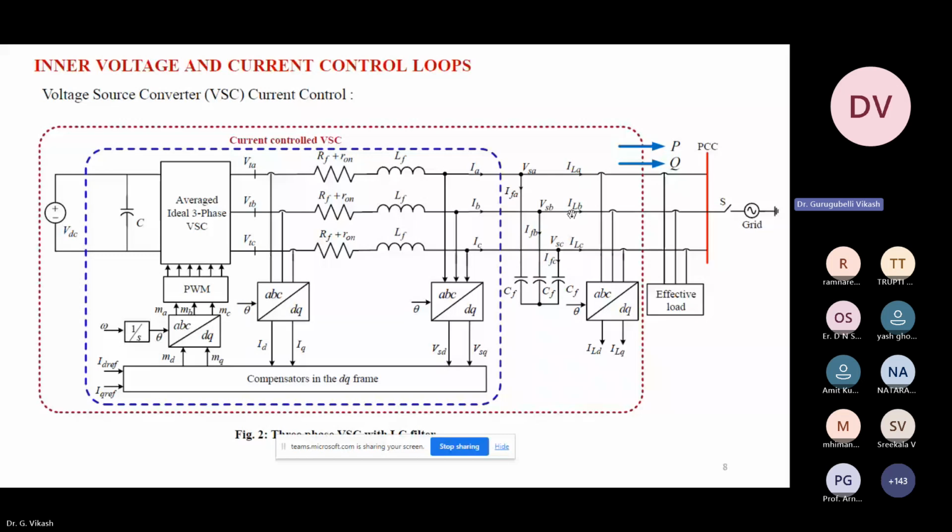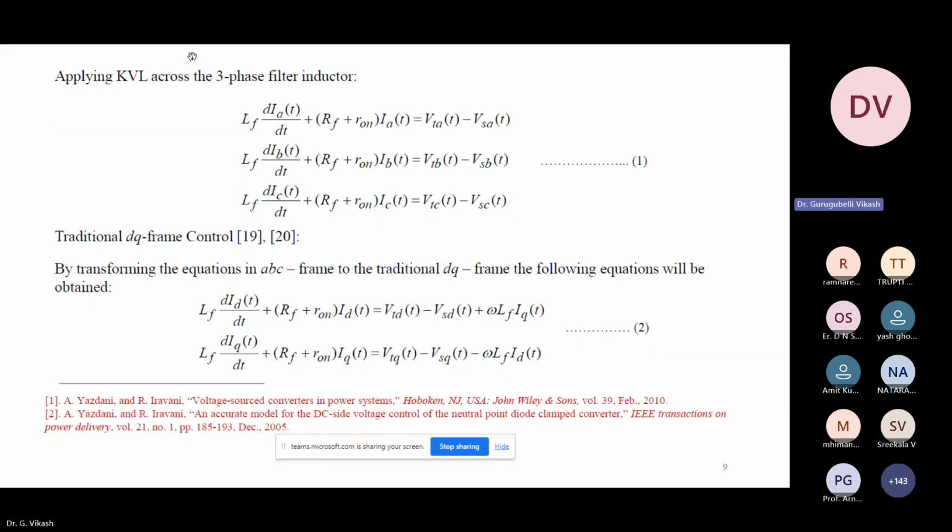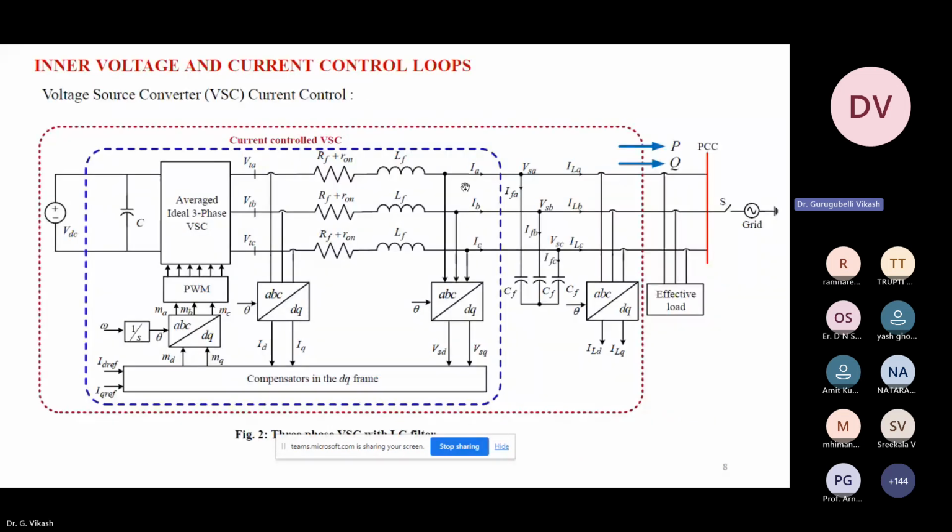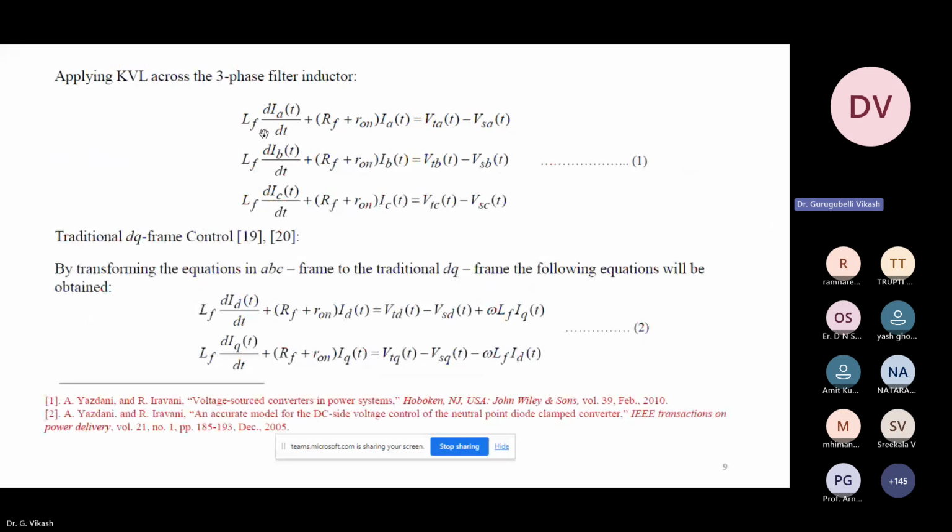If we apply KVL across the three-phase filter, we can get this equation 1. See, it is simple: VTA minus VSA, the voltage drop, is nothing but IA into (RF plus RR) plus LF into dIA by dt. Okay. And if you apply traditional DQ frame control,